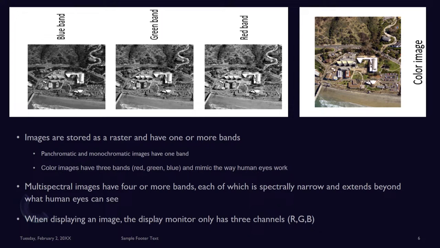So panchromatic or monochromatic images will have just a single band, while the multispectral images have more than one band. Multispectral images can have even 3, 4, 5 or 6 bands. Out of these bands, we can select any 3 bands for visualization that can be represented as red, green